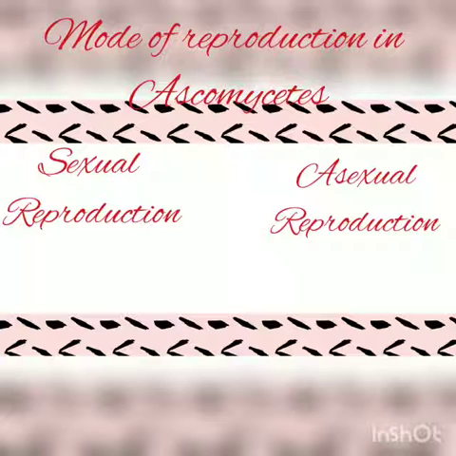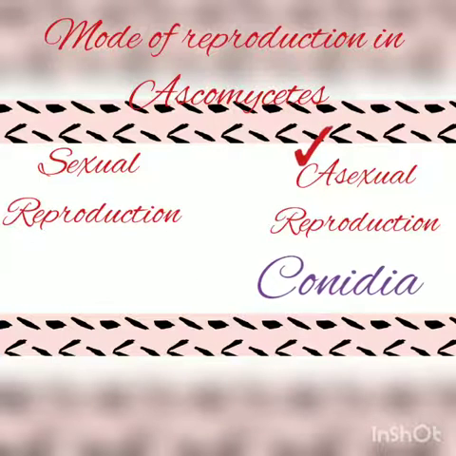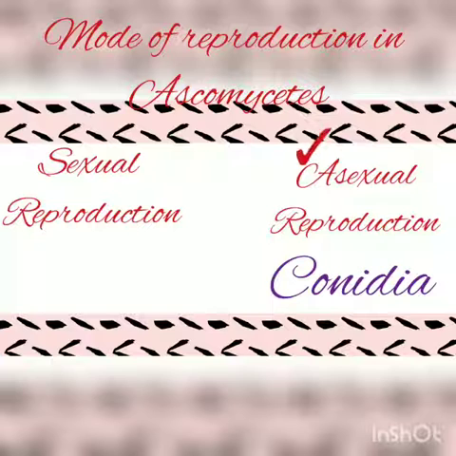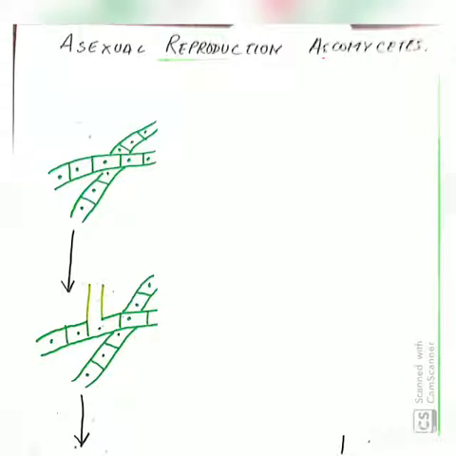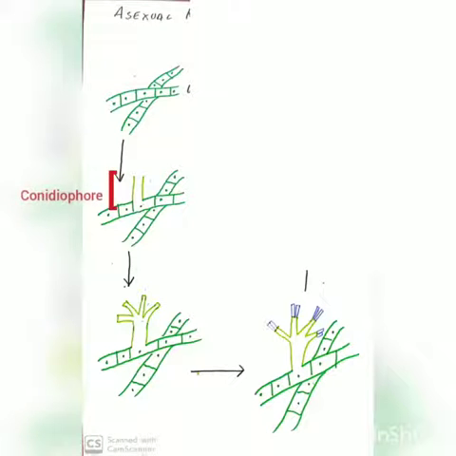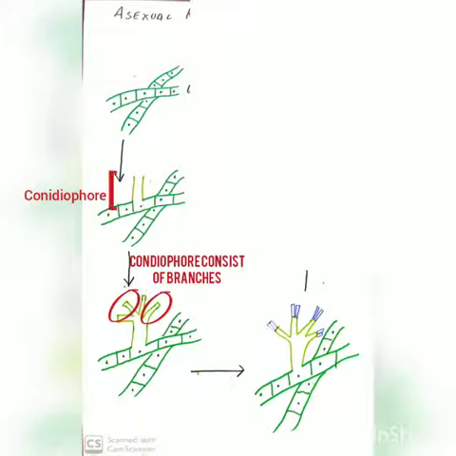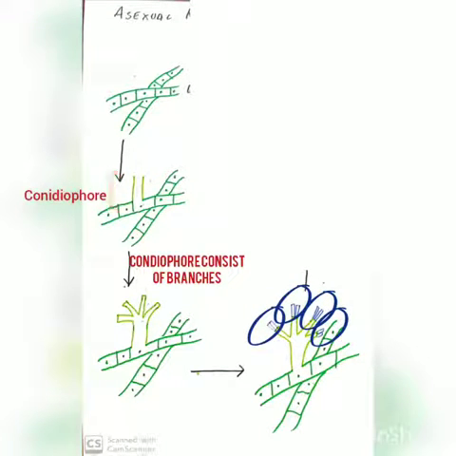So let us first discuss the asexual mode of reproduction in ascomycetes. Ascomycetes undergo asexual reproduction by conidia. Now students, in this picture you can see a hypha giving rise to a vertical outgrowth. This vertical outgrowth is known as conidiophore. This conidiophore has branches in them. These branches carry similar multiple branches on top of them,